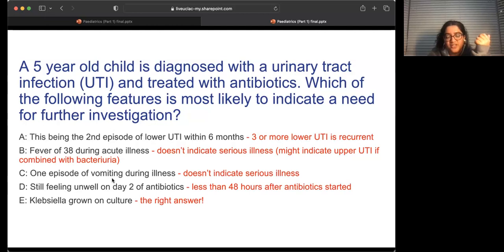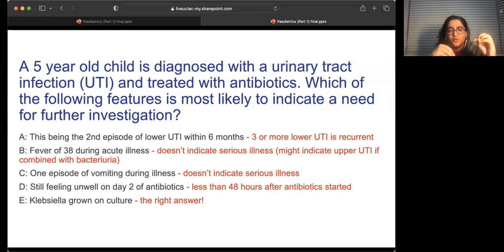One episode of vomiting during illness doesn't necessarily indicate serious illness. Kids vomit for all sorts of reasons. And then still feeling unwell on day 2 of antibiotics. Again, this is worded a bit weirdly, as their second day of antibiotics hasn't necessarily finished, so they haven't been on antibiotics for 48 hours. If they're still unwell 48 hours after starting antibiotics, at that point you'd be a bit concerned and they'd need further investigation. And then Klebsiella grown on culture is the correct answer because